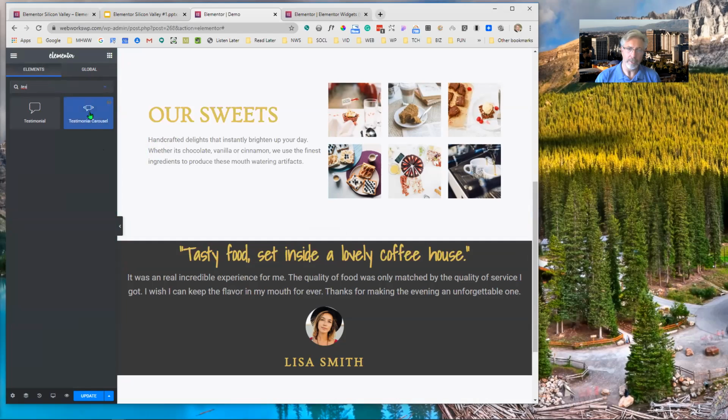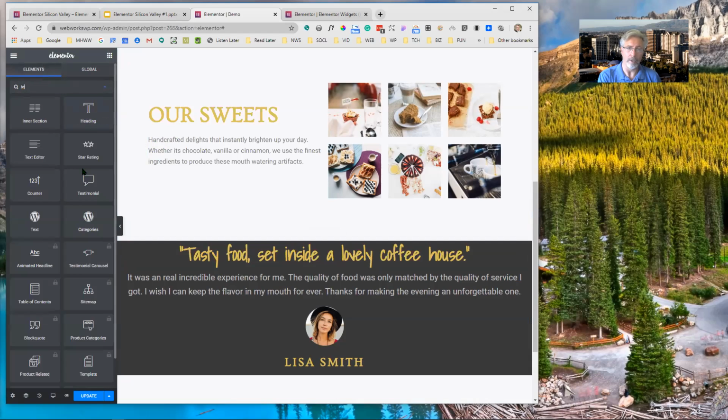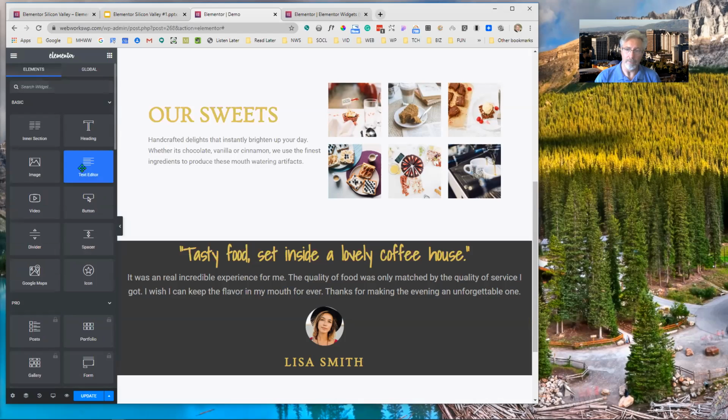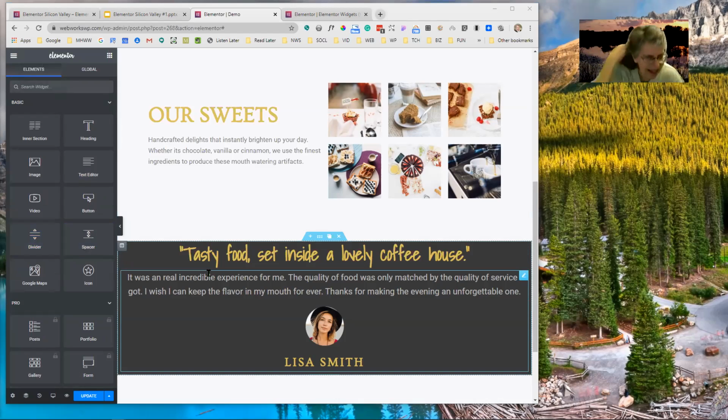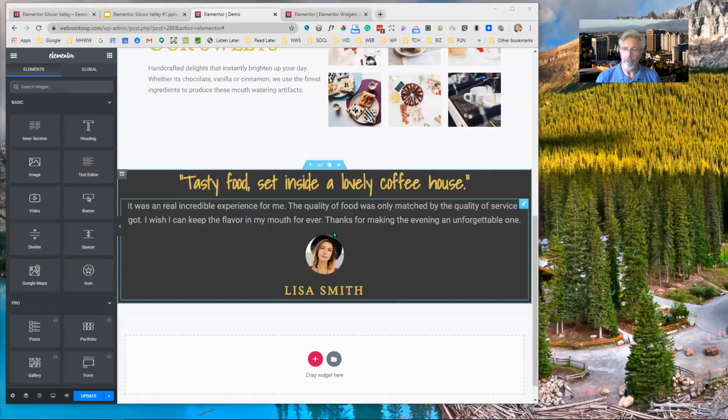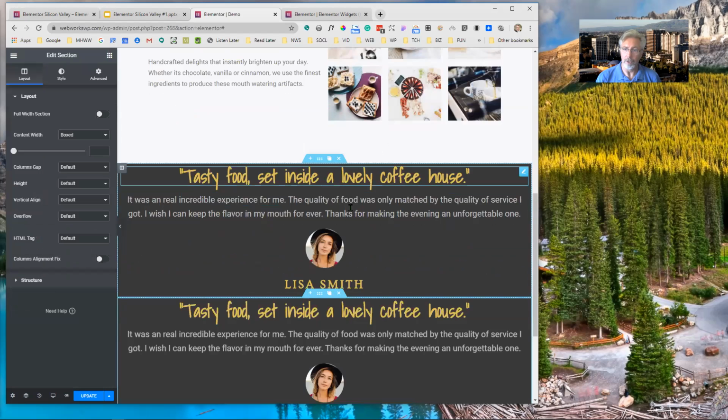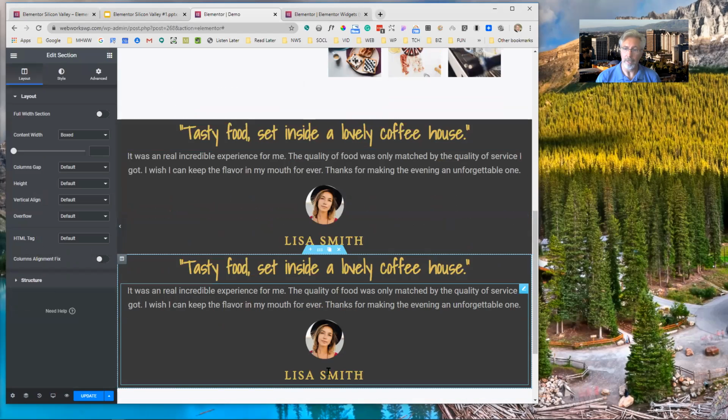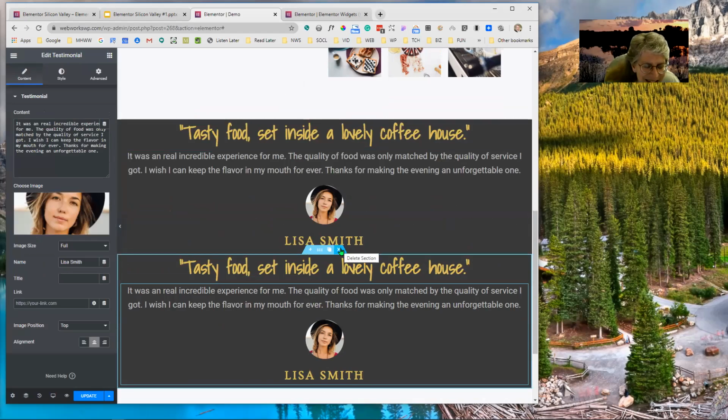You could do it through CSS. There's also a testimonial carousel that's available. There's also a lot of third-party add-ons that do all kinds of different things, and a lot of those are free. So there are different ways to go about that. But you could still replicate this testimonial widget. If I wanted another one of these, I could just duplicate it. But you can't duplicate it to another page. You can